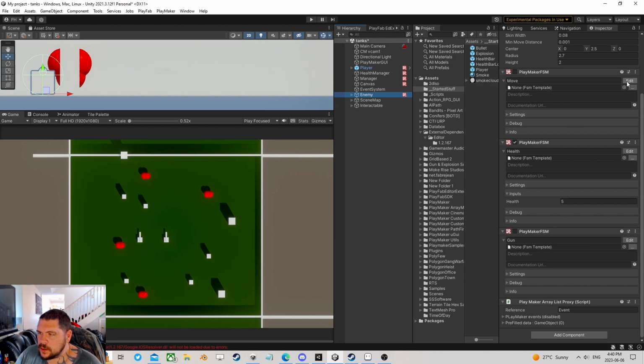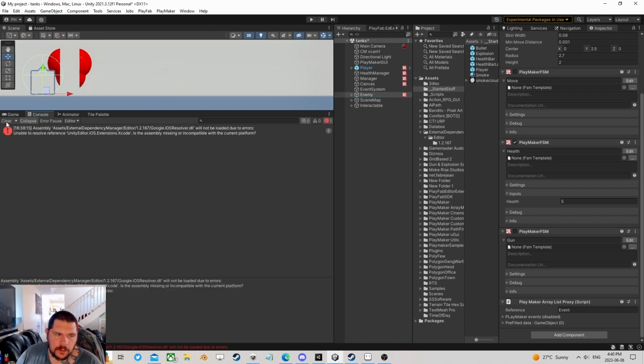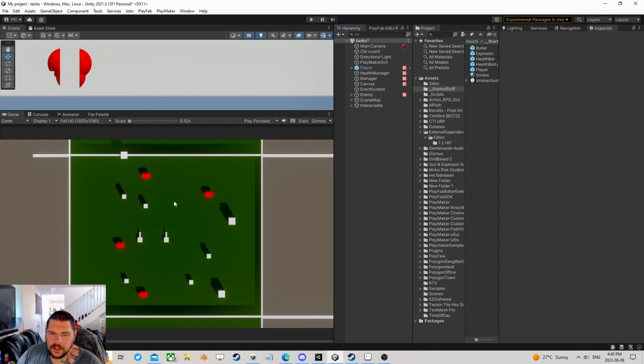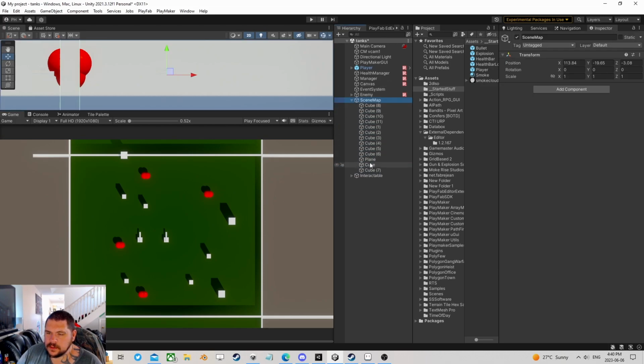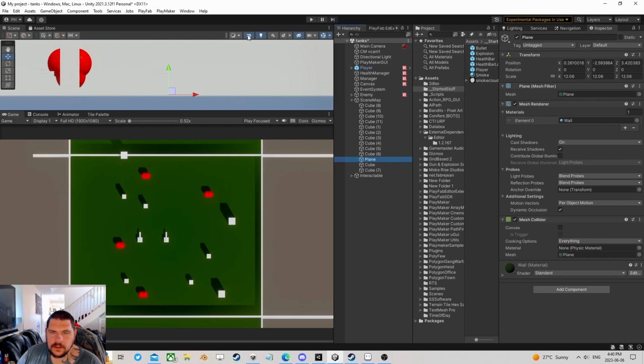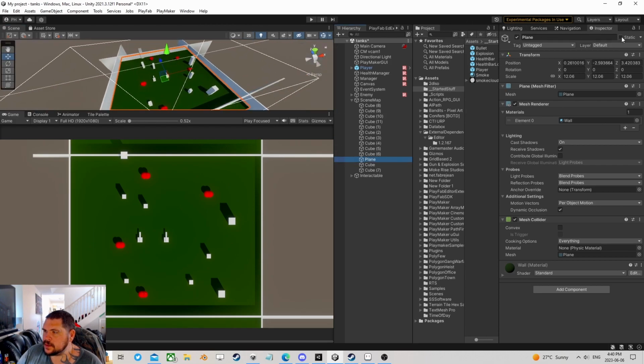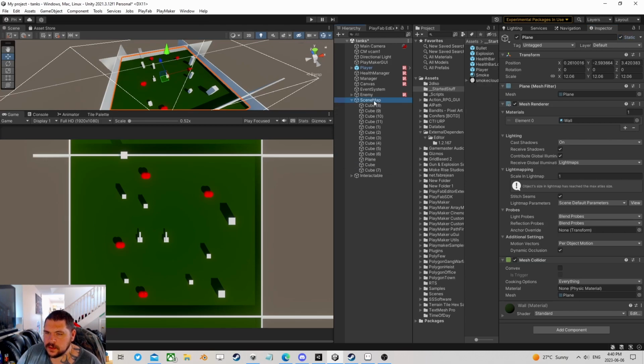So we would need a way to detect the player. Now if there's only one player, you could just literally target the player and call it good, but that may not be the best choice in some cases. So what we're going to do is take the plane, come out of 2D mode, and mark it as static. Actually, I'm going to mark everything in this whole thing as static,